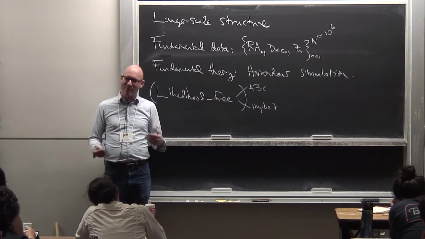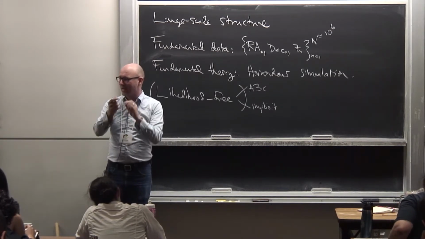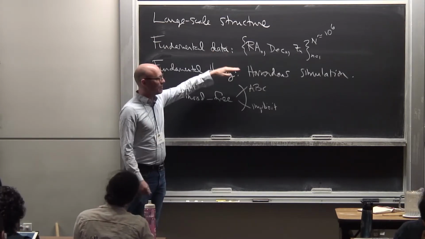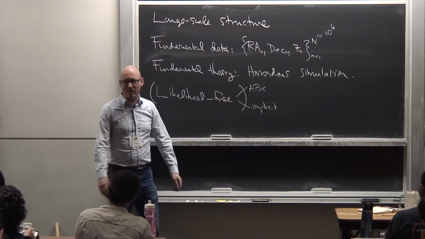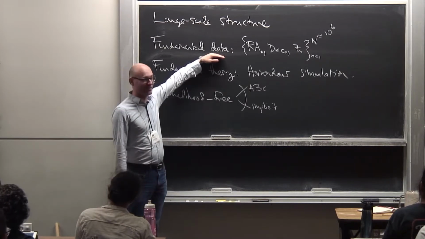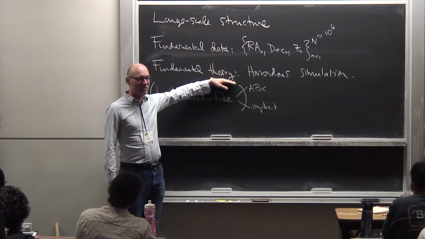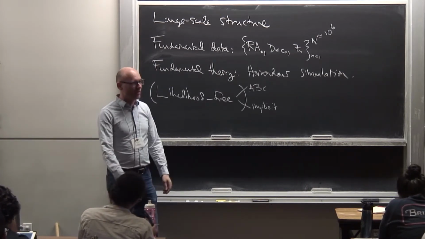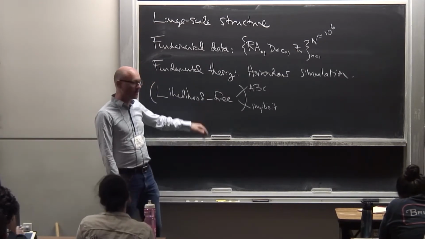If you think about it, if you're a cell biologist and you're studying something about the cytoskeleton or whatever in the cell, what do you have? You have data and you have horrendous simulations. That's like a standard thing in most areas of natural science. If you do climate, you have tons of data, way more data than we have, and horrendous simulations. So all over the physical sciences, or the natural sciences, I should say, people are in this state where they have data and horrendous simulations, and that's what's driving a lot of research here.